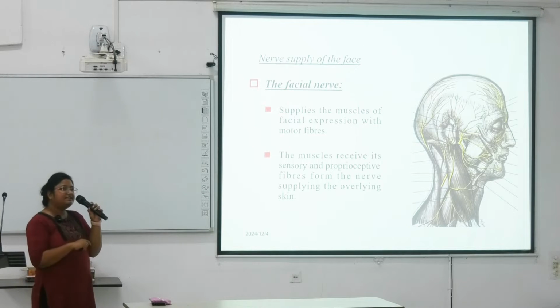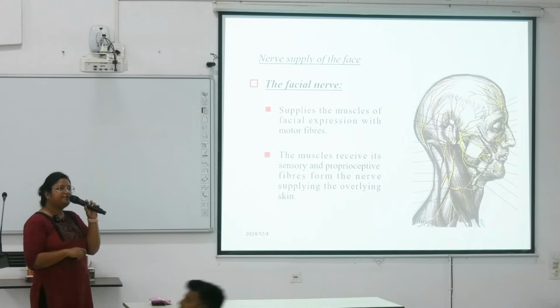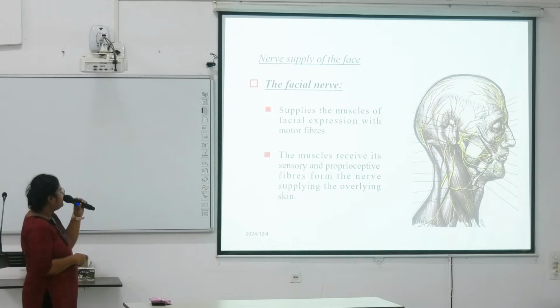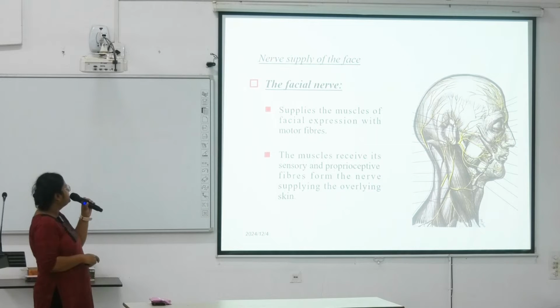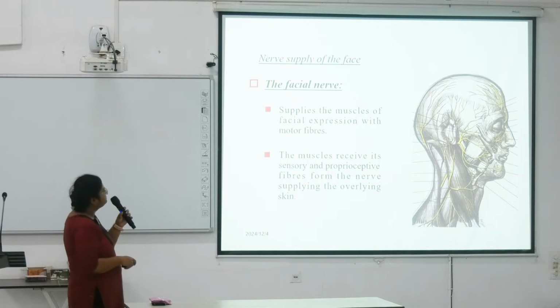Okay, now we will discuss the extracranial course of the facial nerve. So it supplies the muscles of facial expression with its motor fibers, and the muscles receive sensory and proprioceptive fibers from the nerve supplying the overlying skin, that is the trigeminal nerve. Next,